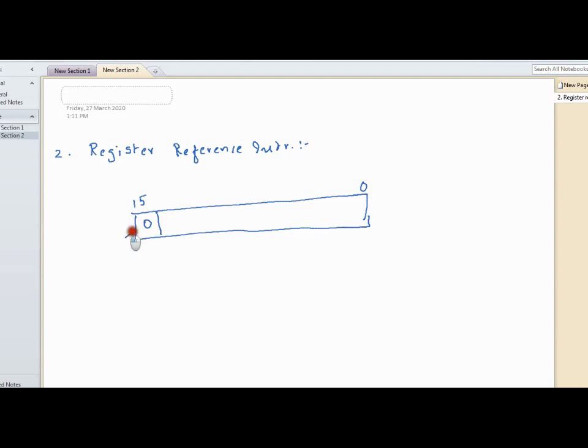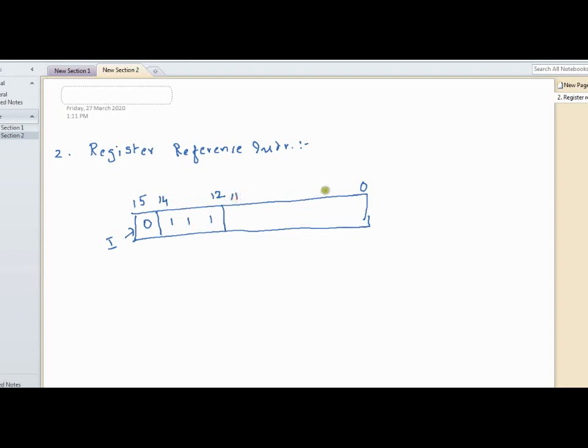That means the I value is 0, and the opcode value, bits 12 to 14, contains 111.